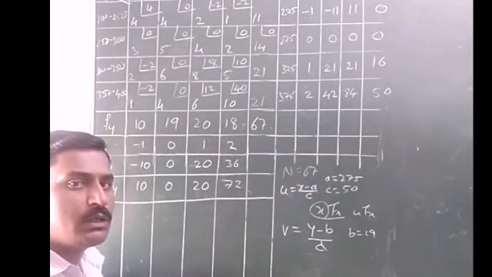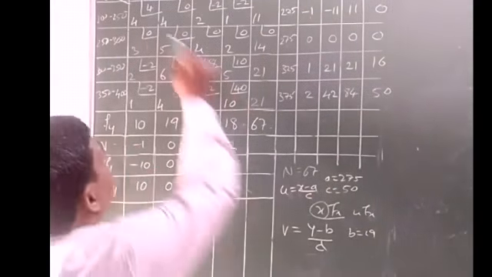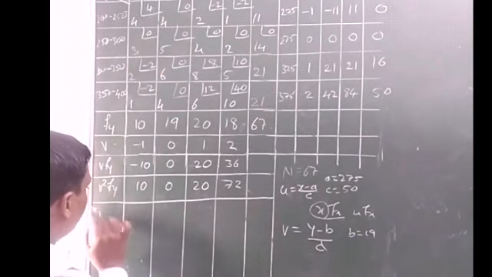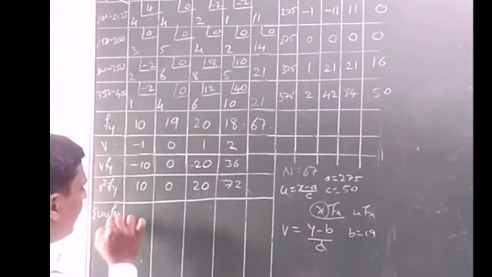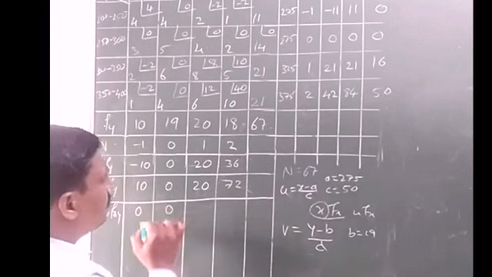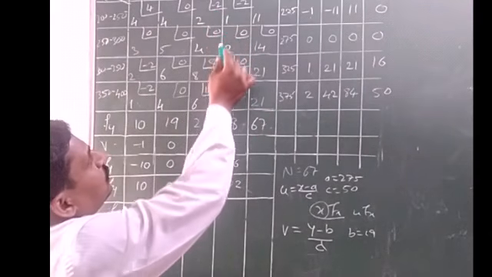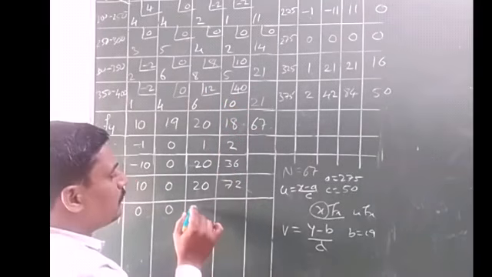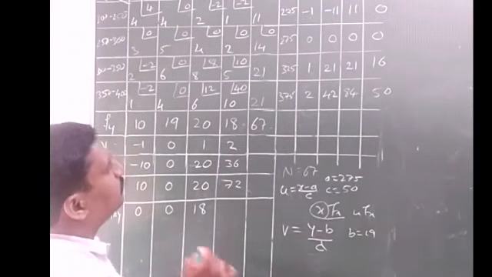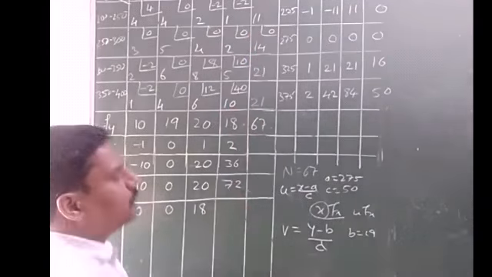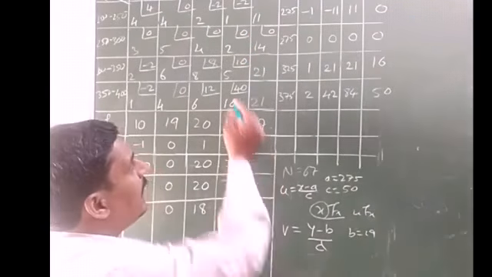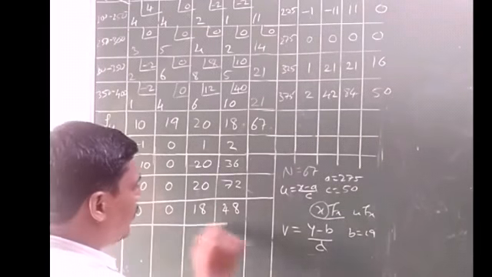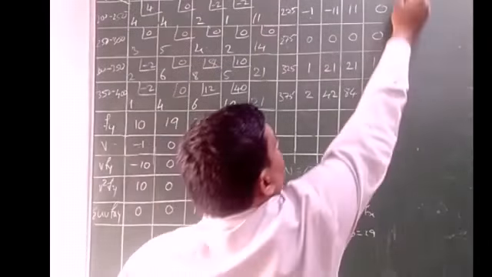Now make the total column wise. So here first 4 minus 2 is 2. 2 minus 2 is 0. Summation UV FXY, here 0, here also 0. Next here -2 plus 8 is 6. 6 plus 12 is 18. Next -2 plus 10 is 8. 8 plus 40 is 48.